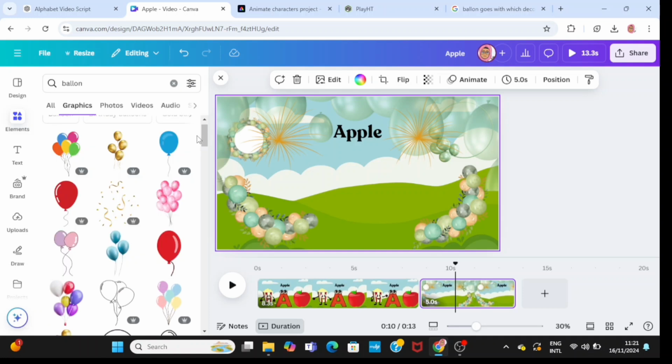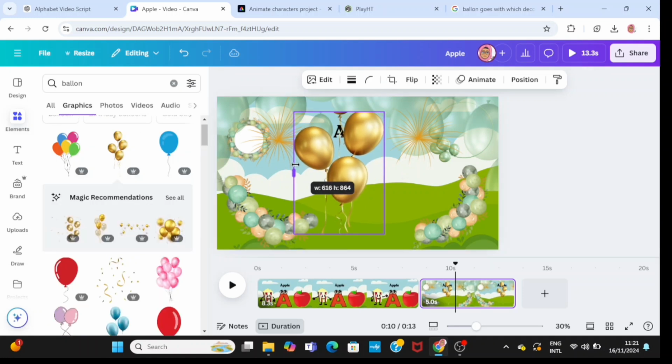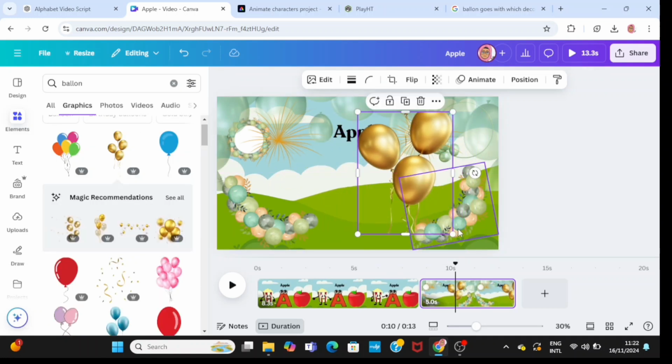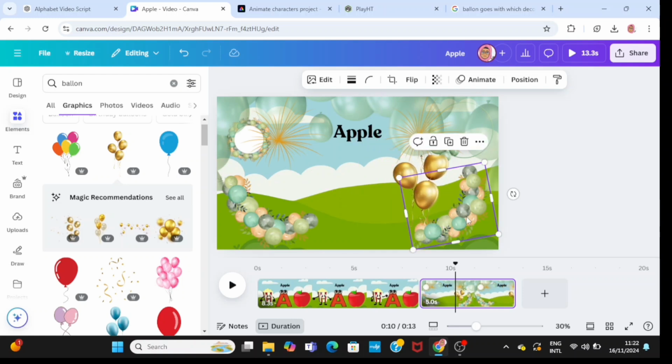So I'm done designing it with balloon. Next, I'm going to bring the B for balloon. I'm going to bring the balloon here now. I'm going to place it at the right hand side. Then I'm going to go to